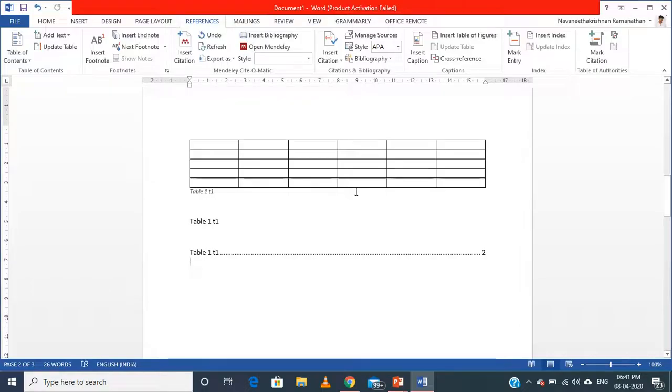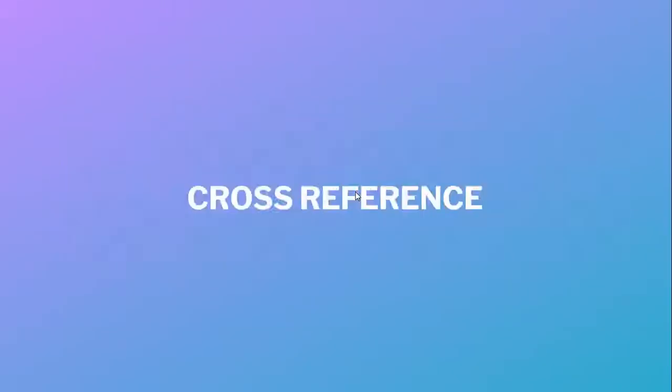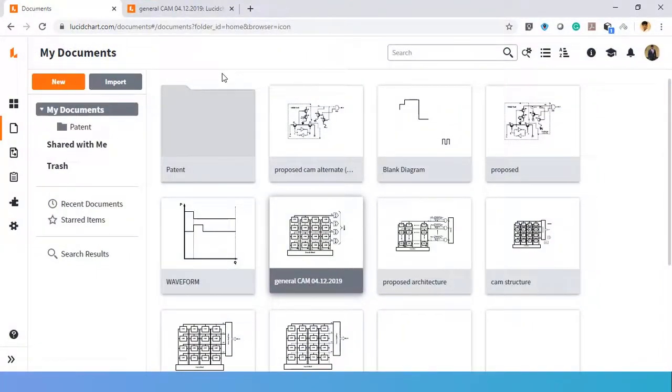I have one more tool recommendation for drawing circuits and block diagrams, which is Lucidchart. By using Lucidchart, it is very easy to draw any kind of charts, block diagrams, or circuits. You can just go to lucidchart.com and have your own account. If you want to sign up, or you can just log in with Google. Once you have logged in, you will get this page. You can go to New, and start from a template, or you can also create a blank document.